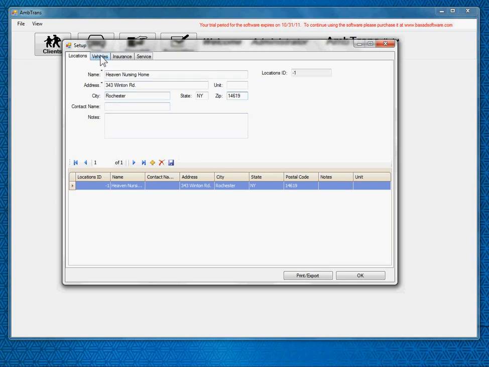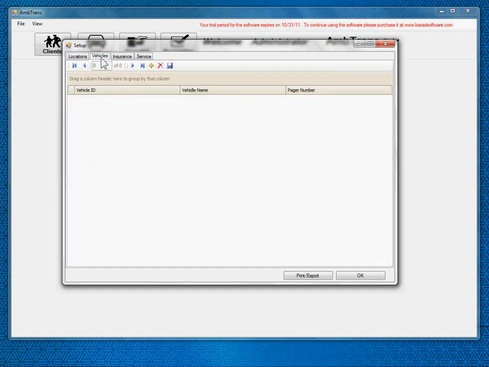The next thing to do is to set up a vehicle. So you click on the Vehicles tab, and this is where you're going to have a list of all your vehicles, and this list will also appear in the dispatch module, where the dispatcher is going to be able to see all the vehicles and see their statuses, whether they're occupied right now or they're free to do other jobs. So to set up a new vehicle you click on the plus sign,